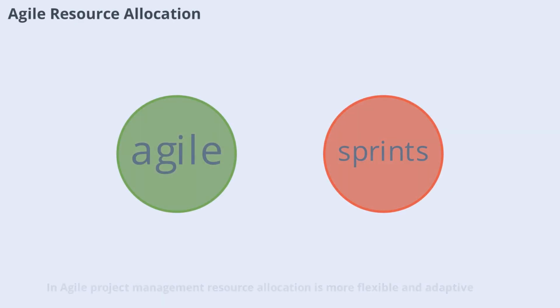In agile project management, resource allocation is more flexible and adaptive. Teams work in short sprints, regularly reassessing priorities and reallocating resources as needed. This approach allows for rapid response to changes and continuous improvement, making it ideal for dynamic projects where requirements may